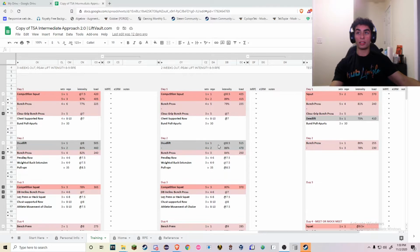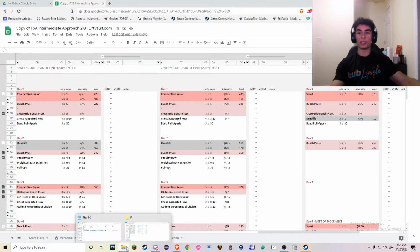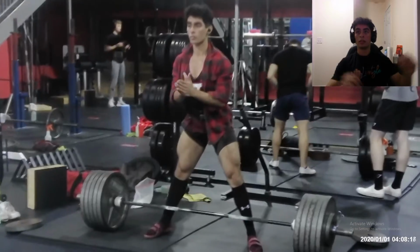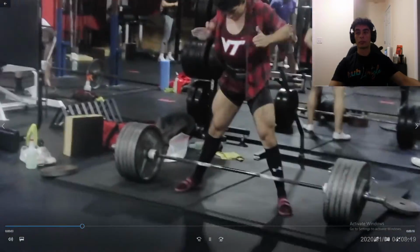Right after that, day 2 deadlifts. Now this is where I had a bit of an issue. The actual working sets, the 4x2, were not that bad, but for the single, I had my belt on pretty tight and I was a bit more bloated than usual. As I went to set up, you'll see, I got a little bit of pain because I went for a big brace and it was a little too much, and I went for the pull right after. So here it is,